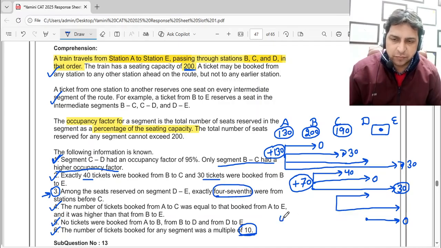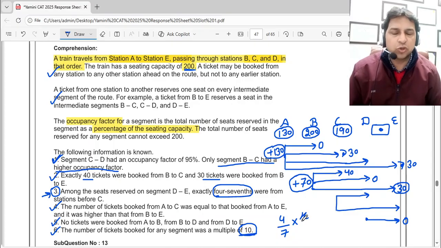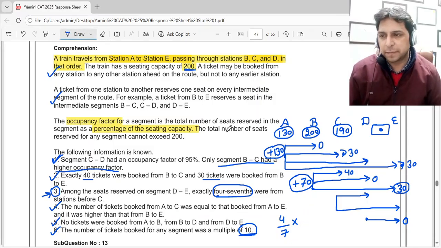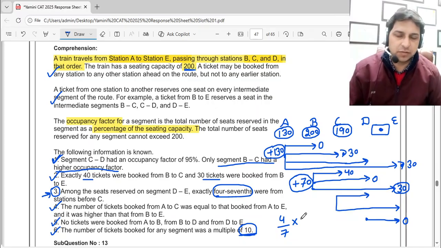So whatever number will come for D to E, let's say X, that should be a multiple of 10. That means this X can be either 70 or 140, because those are the numbers which are on the table of 7 and a multiple of 10. That means the LCM, a table of LCM of 7 and 10. So either it is 70